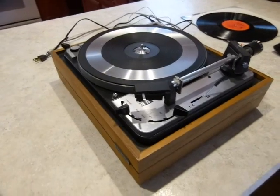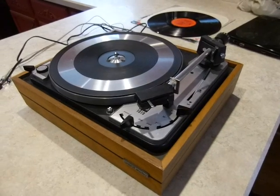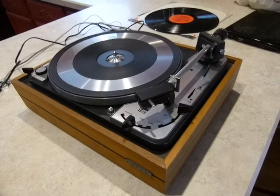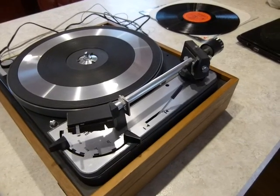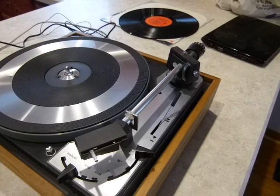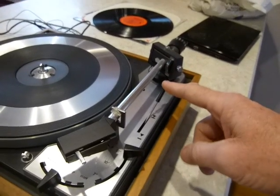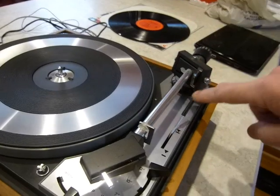Okay, going to make a quick video about how to make the tone arm adjustment on a Dual 1000 series turntable. This is a 1019, but the principles here will apply to any of the Duals, and the only distinction between some of the Dual turntables is in the presence or absence in this 1000 series of the lift mechanism, the cueing mechanism, or of the